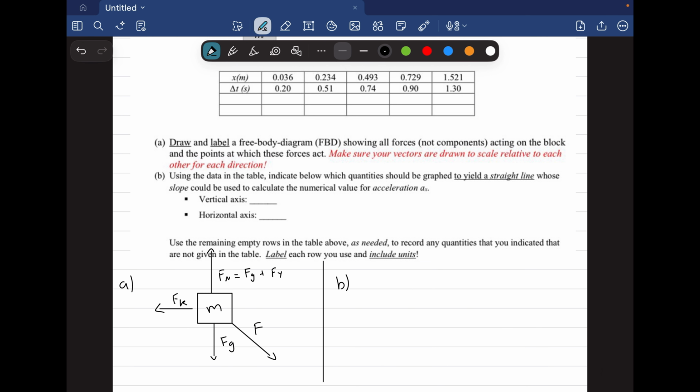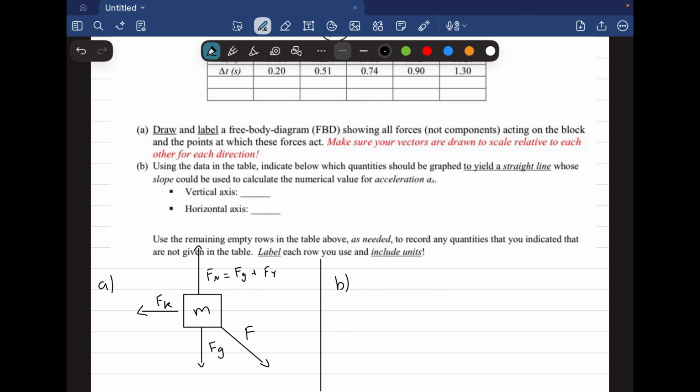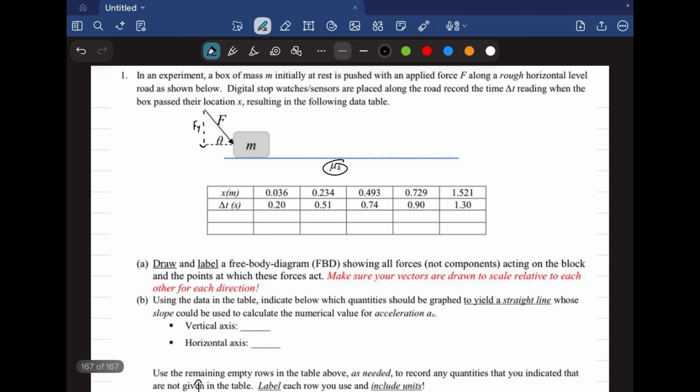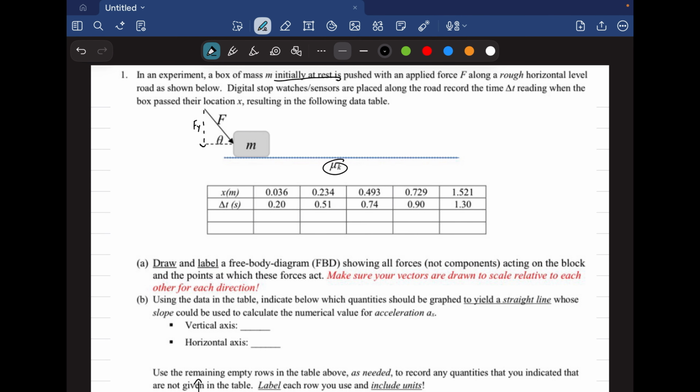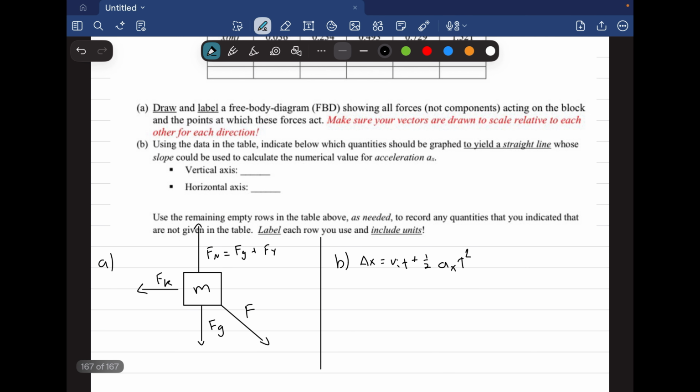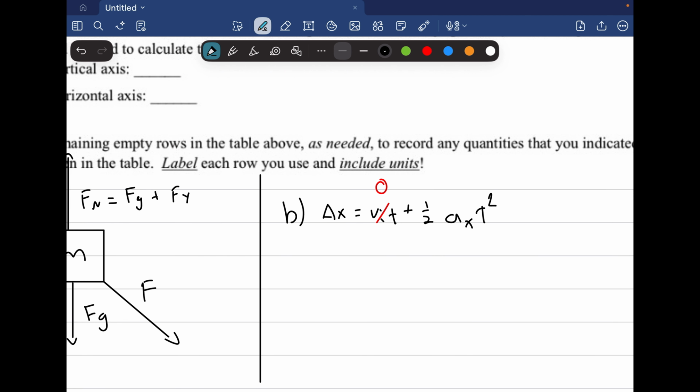So we can use the displacement formula to find acceleration: x = Vi t plus 1/2 a t squared. And we know that the box was initially at rest, so your Vi is 0. So this term cancels out to 0, leaving you with